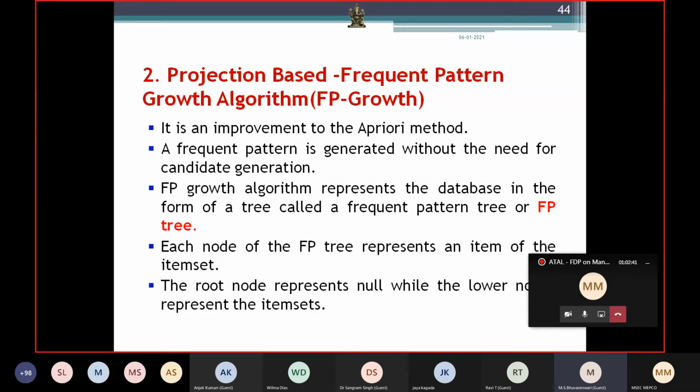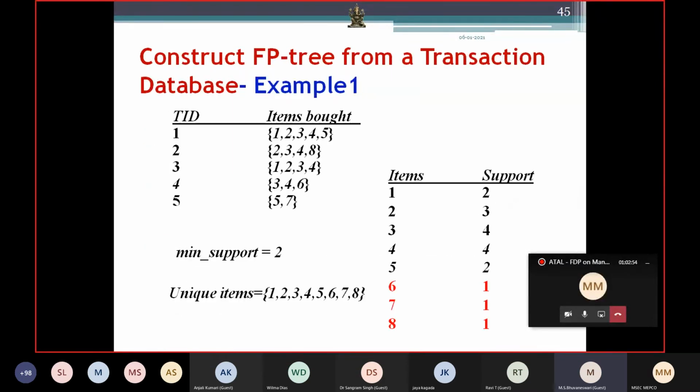So we are going to avoid the candidate generation process here. So that is going to be the advantage of your FP growth. So here what we are going to do is we'll be using a tree structure for mining the frequent items. So we can take an example for it. So how we are going to construct a FP tree from a transaction database. So we are having several items here. So first, as such, we have to find what are the unique items we are having. So the unique items are identified, we are placing it, and we want to find what is the support of it. So the support of it is found by scanning the database. So we have generated it.